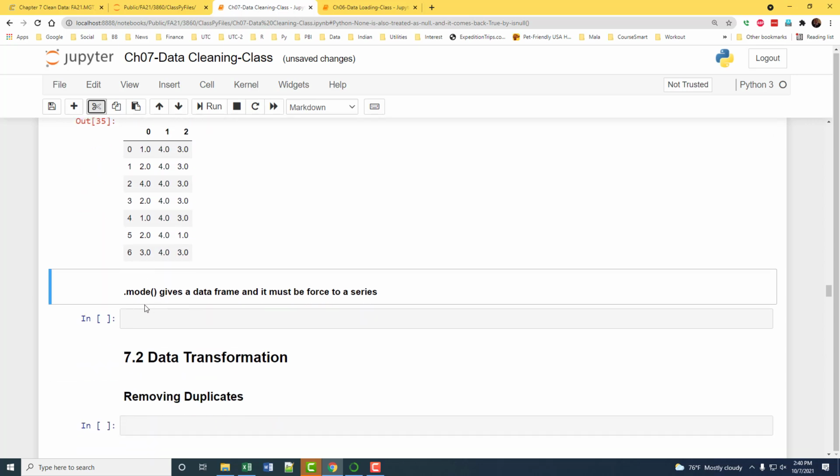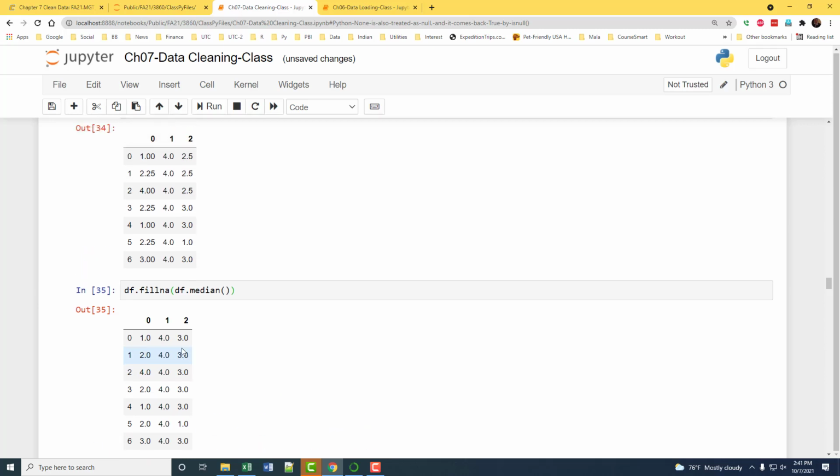Now we can also use mode, but with mode you have to be careful, because if a column has lots of unique values, or if all of them are unique values, you may end up with more than one mode. Mean and median will always be unique values. There will be just one value for each column. But if you use mode, there could be more than one value, and that could be a problem. But anyway, let me show you how you would do that.